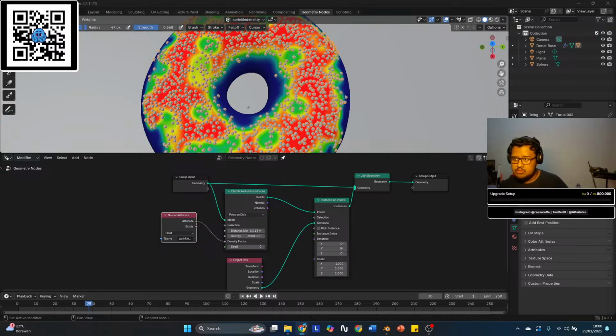You'll notice each of these spheres have a very jagged looking shape, and that's because the sphere itself down here